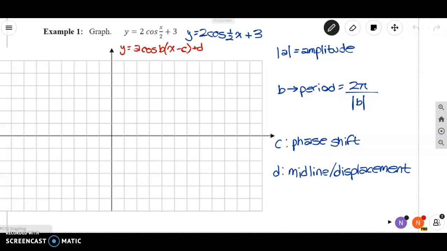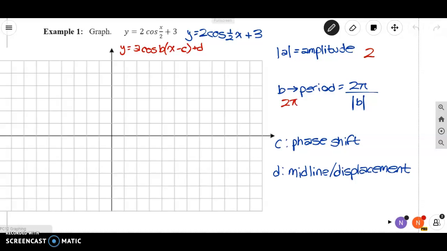So our a value is going to give us our amplitude of the graph. In this case, our amplitude is 2. This is also where we're going to get, if we have any kind of reflection, there'll be a negative sign there. For finding our period, we're going to use that b value, and we're going to calculate 2 pi divided